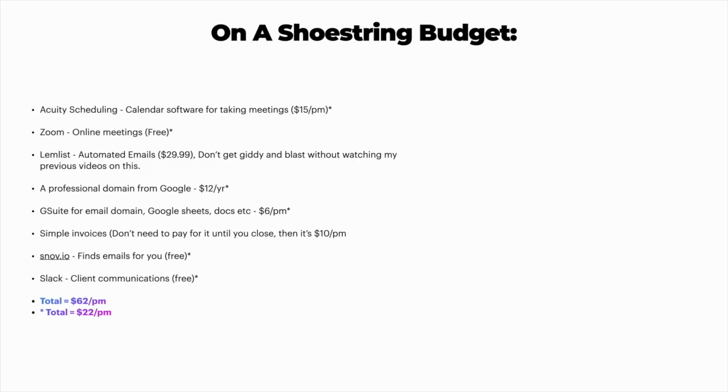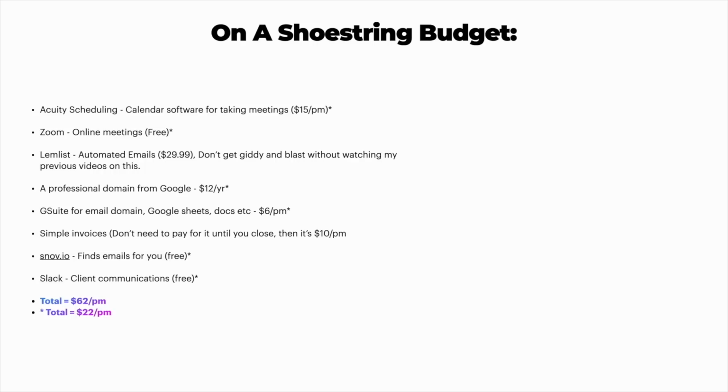Whereas if you just send over a calendar link using Acuity scheduling, they can book in any time that suits them. It automatically converts the time zone. It goes into your iCalendar on your iPhone or your Google Calendar or whatever calendar software you use. It's very organized, very streamlined. And it also sends out automatic reminders to them so that they turn up on the right day at the right time. And then Zoom.